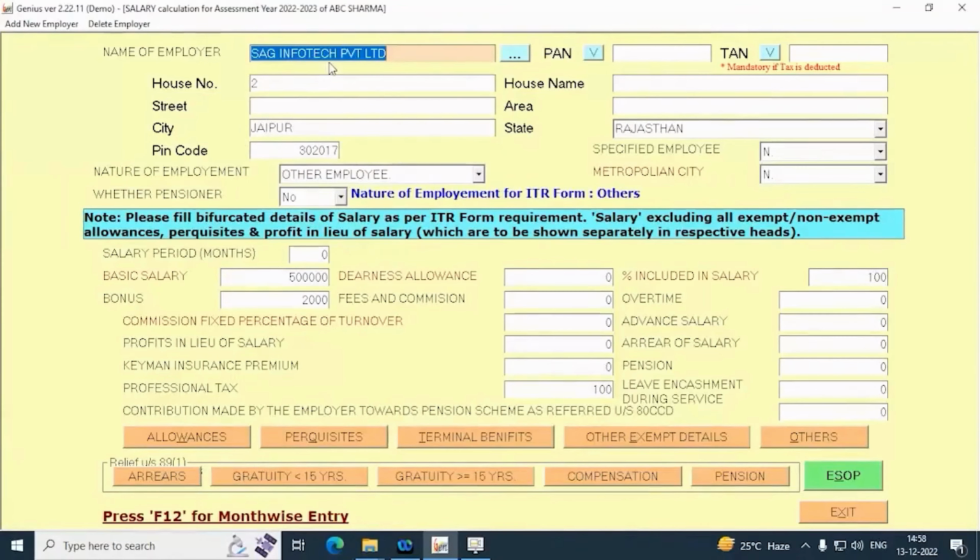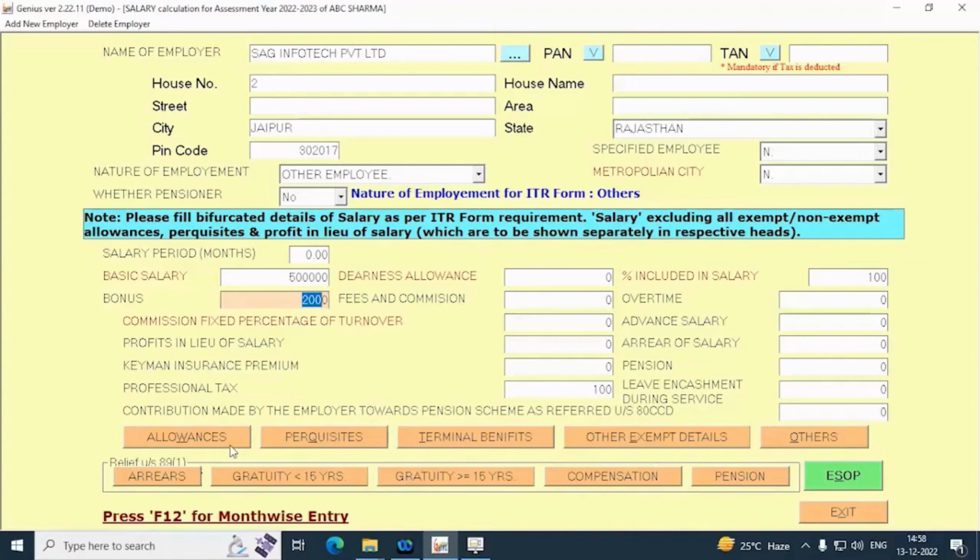Fill the details of the employer like name, TAN, PAN, address, select the nature of employment and whether you are a pensioner or not, etc. Then mention your basic salary, bonus, DA, overtime, advance salary, arrears of salary and pension over there.